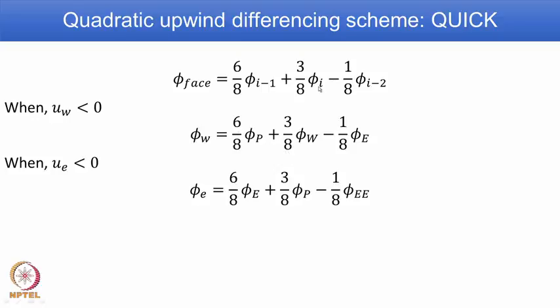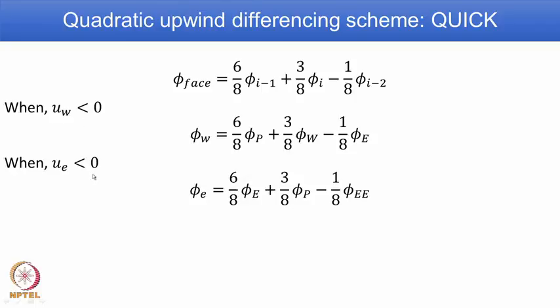Again, try to identify, for any particular phase of interest, I in the direction of the flow. In this case it is from right to left, and you are trying to find it for the west phase. In the direction of the flow, the west phase's immediate downstream node is the W node, as shown here. Then I minus 1, to the right of the W node, is P, and I minus 2, to the right of P, is the E node. So, the corresponding coefficient values are used. All that you have to do is identify what I is for any particular phase and the corresponding